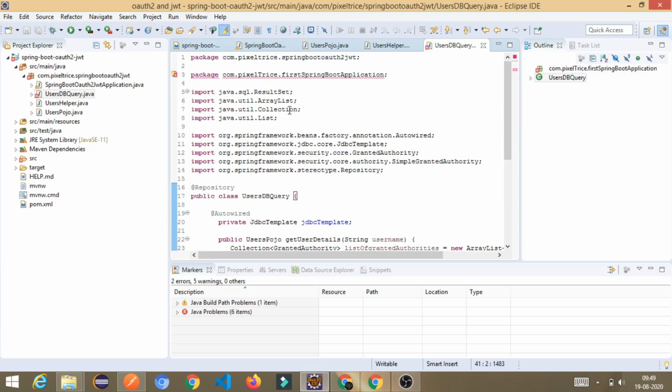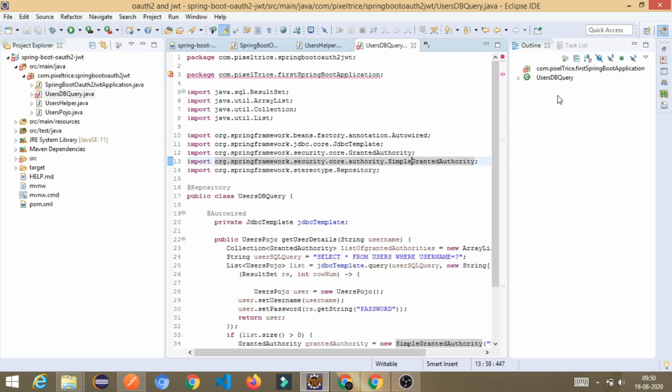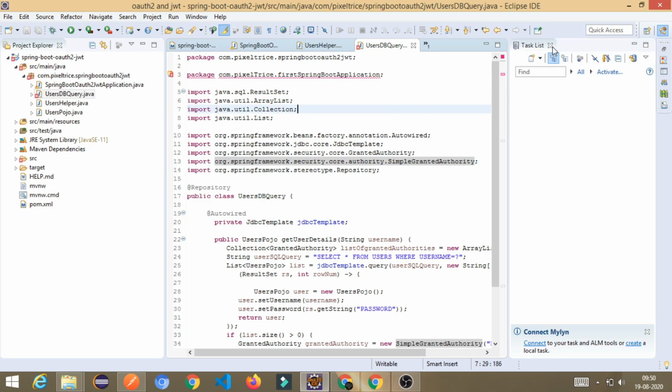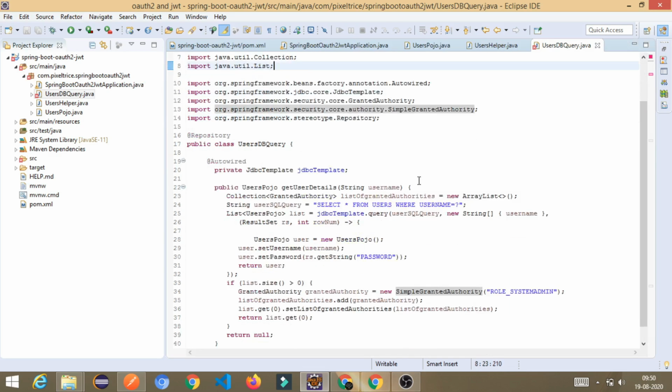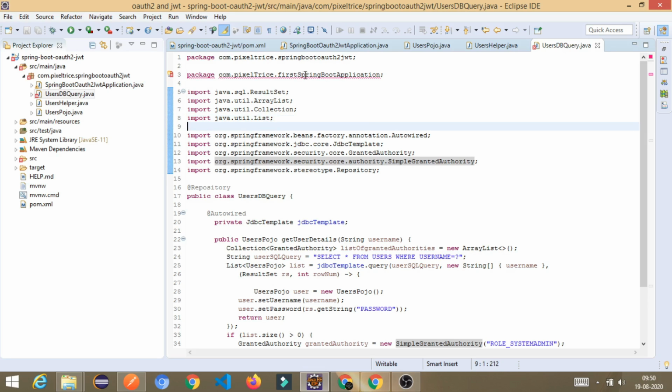Alright, don't worry, I will explain each and every line of code, what is happening here. So just close these extra tabs, which will give you more space. So let's see what are the things.